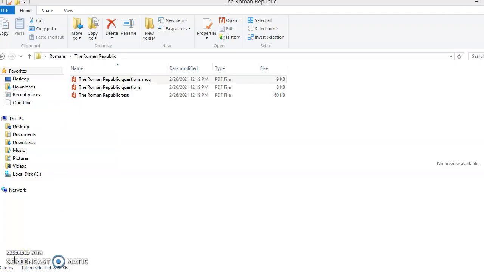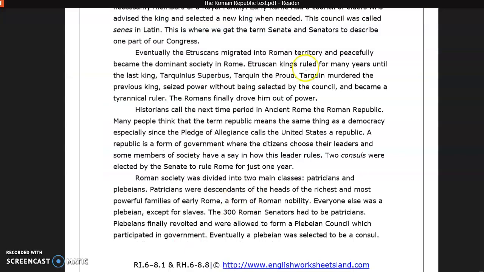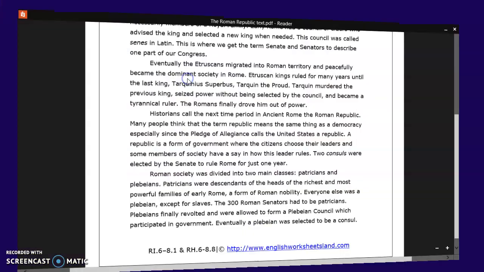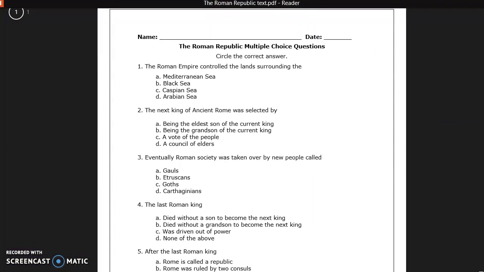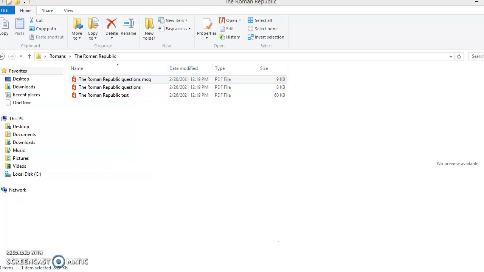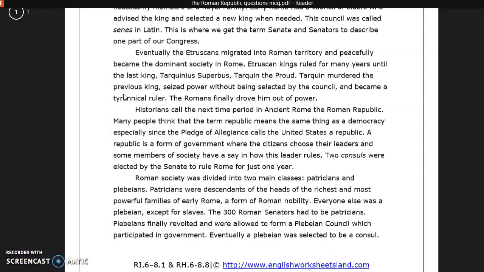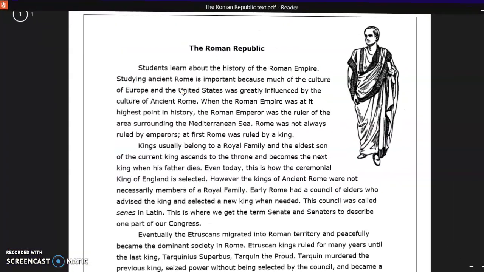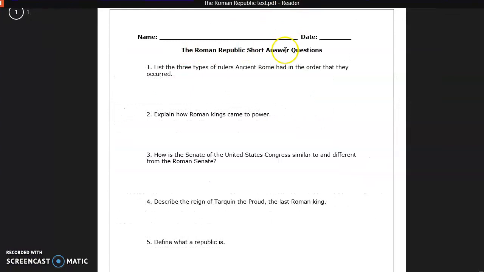Okay guys, I will not have time to finish all the reading with you. I will just let you know what your homework is. Continue reading the whole story. Okay, I will explain it tomorrow. And you also have to do this for homework. This one. So for every lesson, you have to read the title, The Roman Republic, multiple choice questions. Okay, so for every story, you have the title here, The Roman Republic. And so this is the story. You read the title and you look for its questions. And you also have this one, The Roman Republic short answer questions. So you have 2 worksheets to do for tomorrow plus the reading.